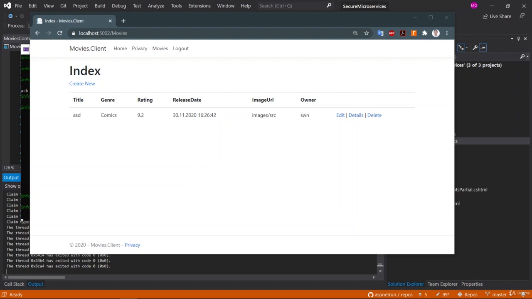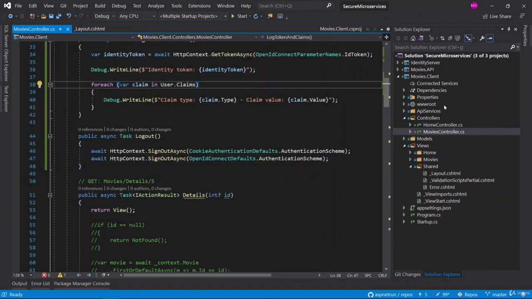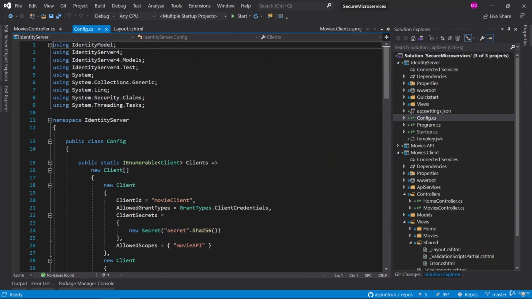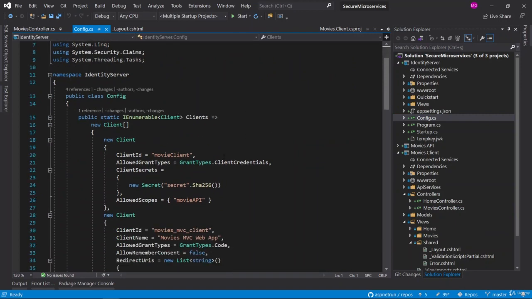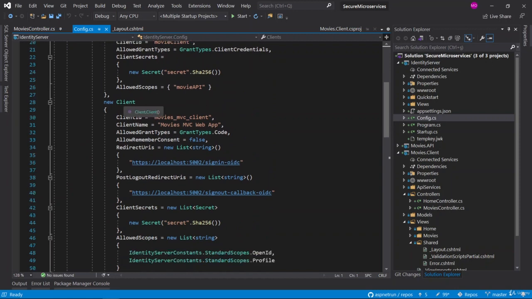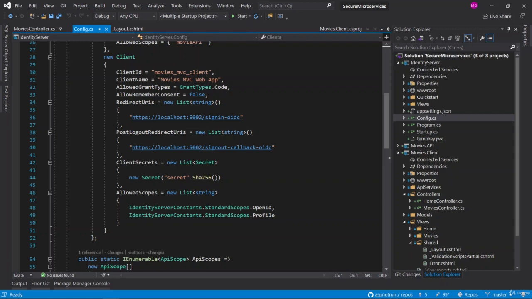We have already set the post logout redirect URI configuration before these videos, but let me check again. Let me close this one and look at the configurations. Go to identity server and go to the config class. We have configured our operations in here, and I will show something. When we are creating the MVC client, we have already set the post logout redirect URI when we are creating our client, right?